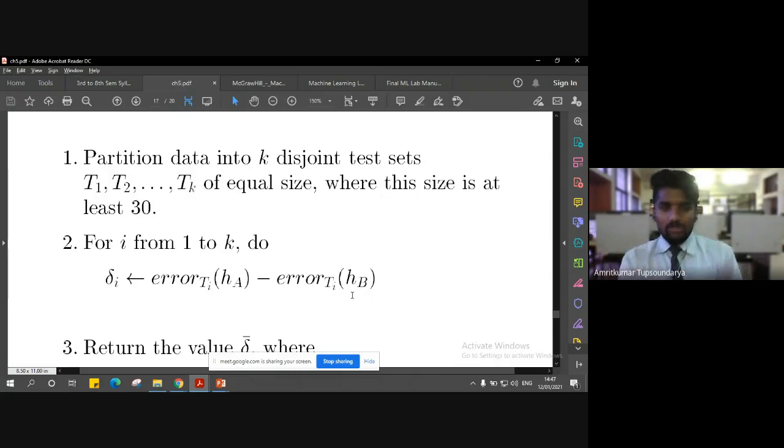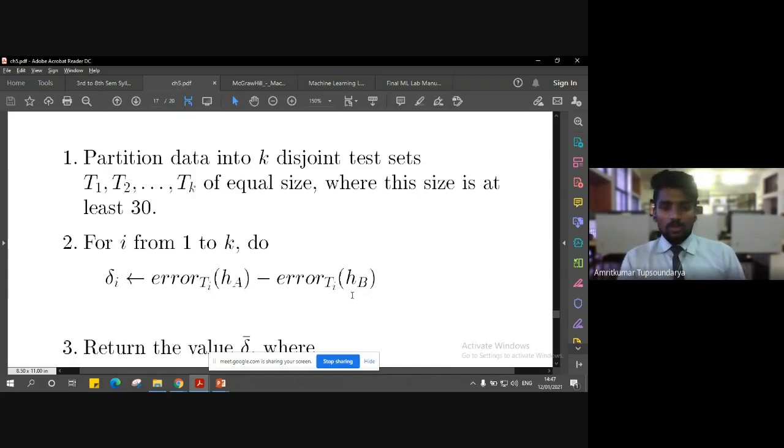Now the difference of these computed errors is nothing but our delta value, right? Our change in the error. So this is the difference in the errors of these two hypotheses.